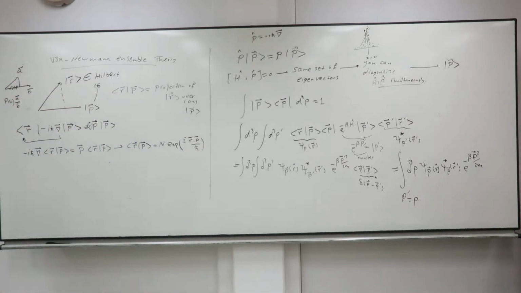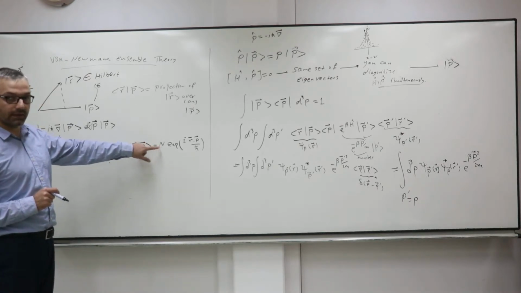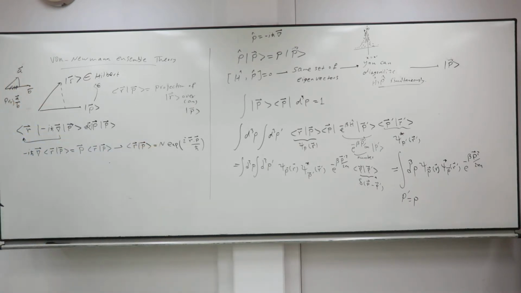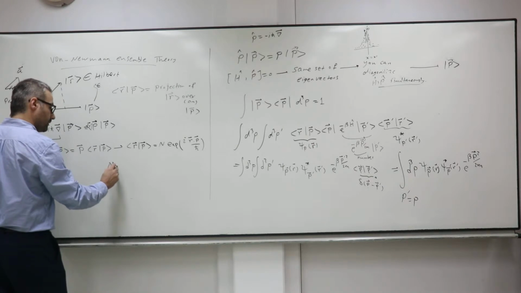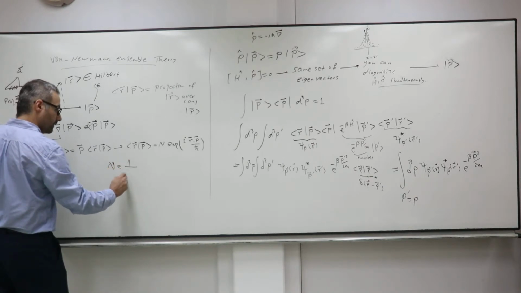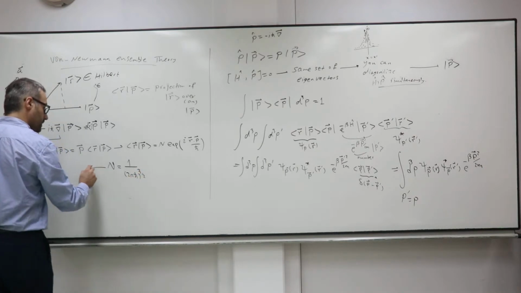If you're not sure, just take the gradient from that, you will see it. Still we have a problem because there is a normalization here, you don't know what is the n. For normalization, you need to use this condition. I won't go inside of that, but n will be 1 over 2 pi h bar to the power 3 over 2, just by